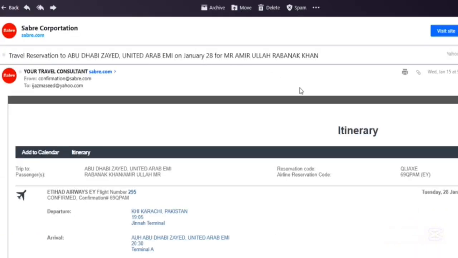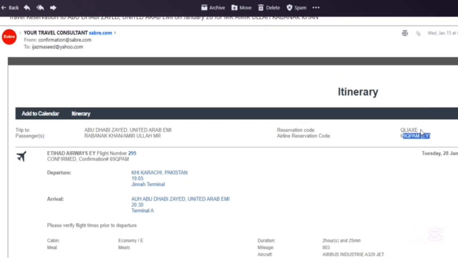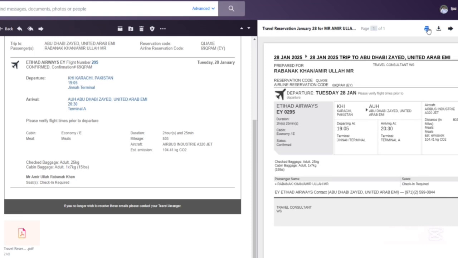In the next window, you can see the ticket which has been emailed by Etihad Airways to our email. Now you can take a print of the itinerary for the passenger, and now you can check the ticket number, PNR, as well as other details of the ticket as per the prescribed details of the passenger. Now you can check the sector,